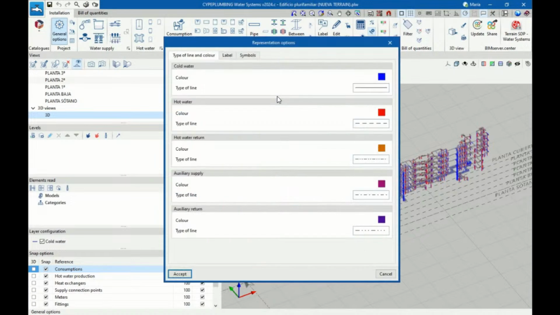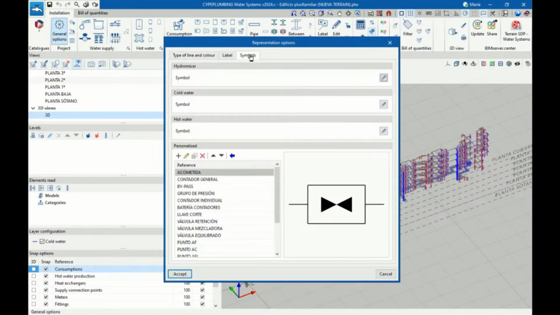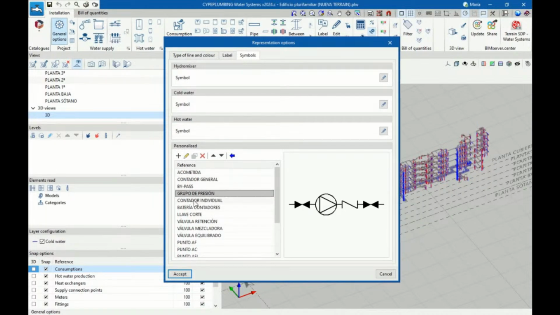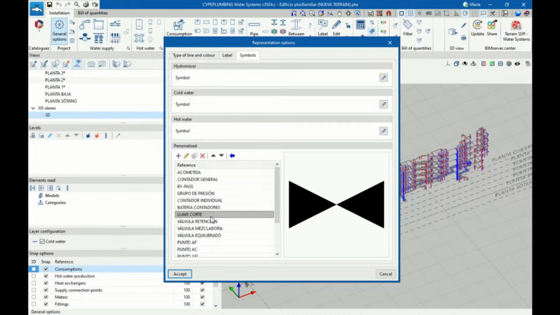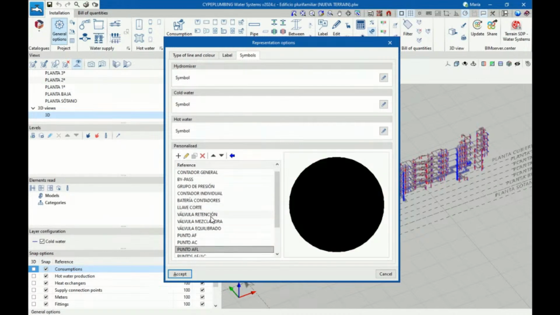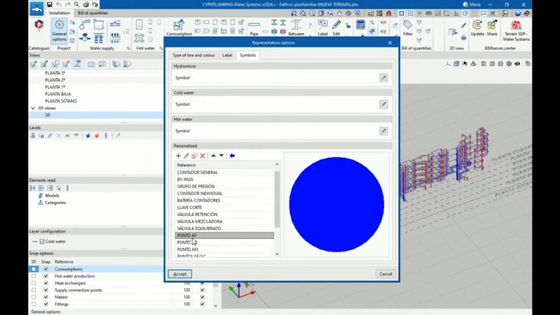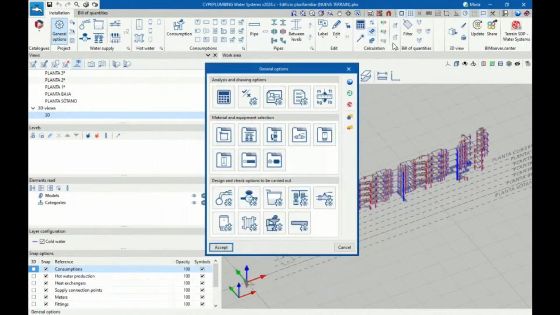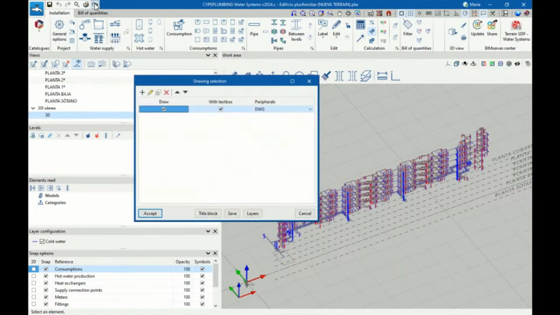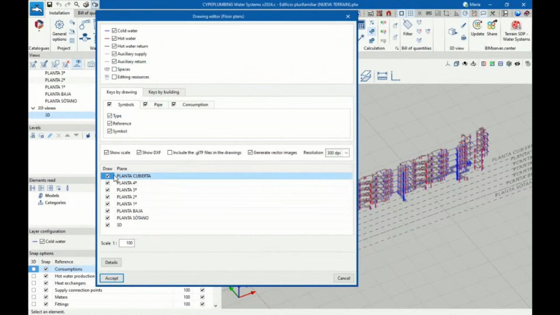The thing is that we are evolving all the time. So sometimes from version to version, there are changes, okay? So it's difficult to be up to date. Here you can see examples of drawings that are more professional, okay? And these are the type of symbols they wanted to use. So for example, they use very simple symbols for every time they have a cold water consumption. And this is the one for hot water consumption. So in the drawings, the representation is very simple. So if I create, for example, the drawing only for the floor one,